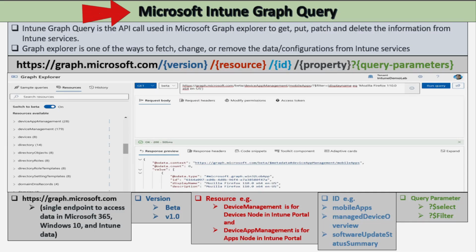Now let's see what is Microsoft Intune Graph Query. So Intune Graph Query is the API call used in Microsoft Graph Explorer to get, put, patch, and delete the information from the Intune services. Graph Explorer is one of the ways to fetch, change, or remove the data configuration from the Intune services. And the syntax of the Intune Graph Query is like